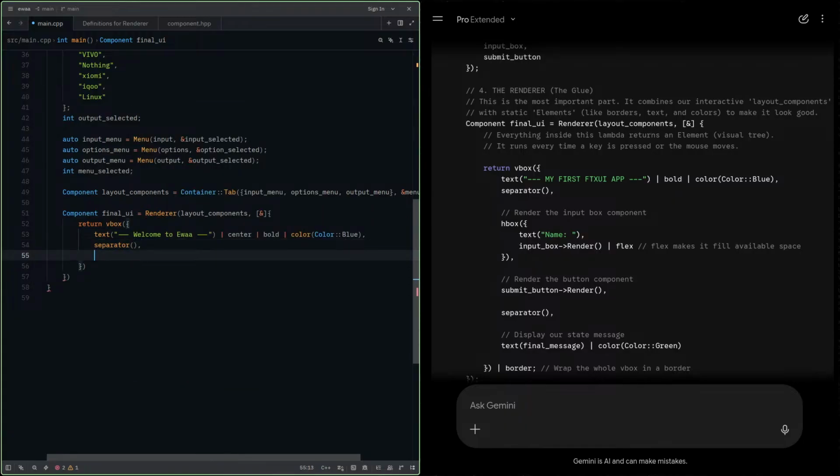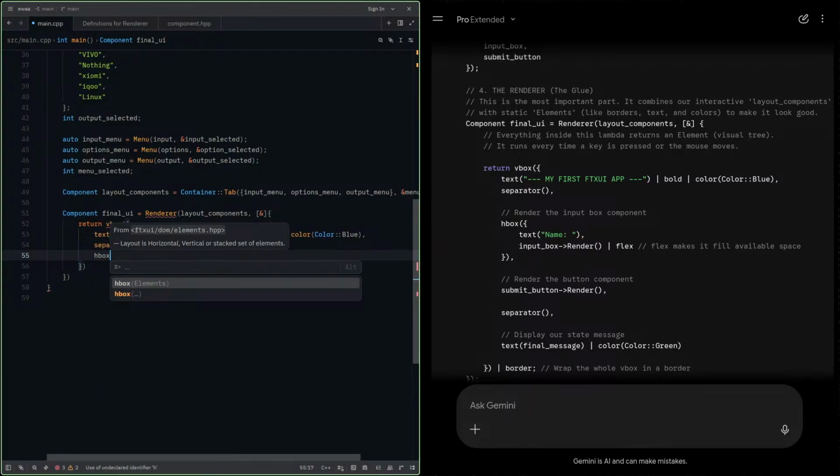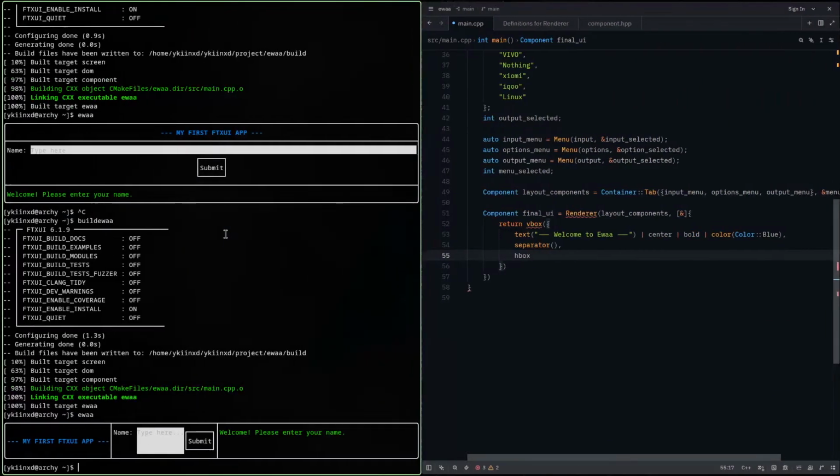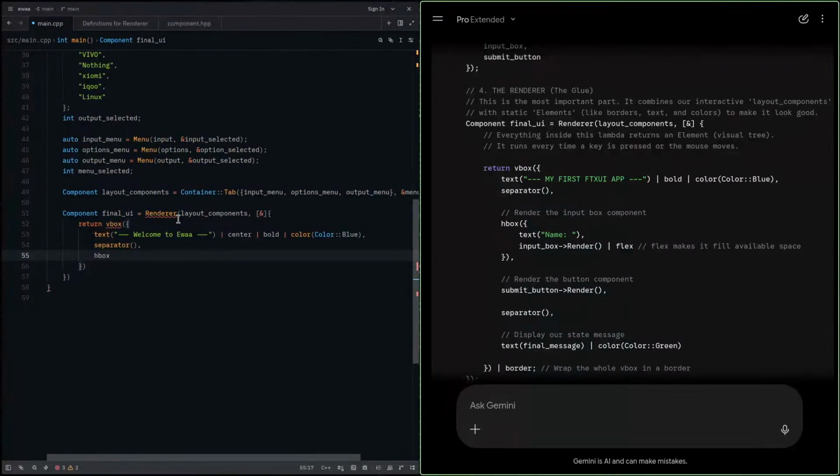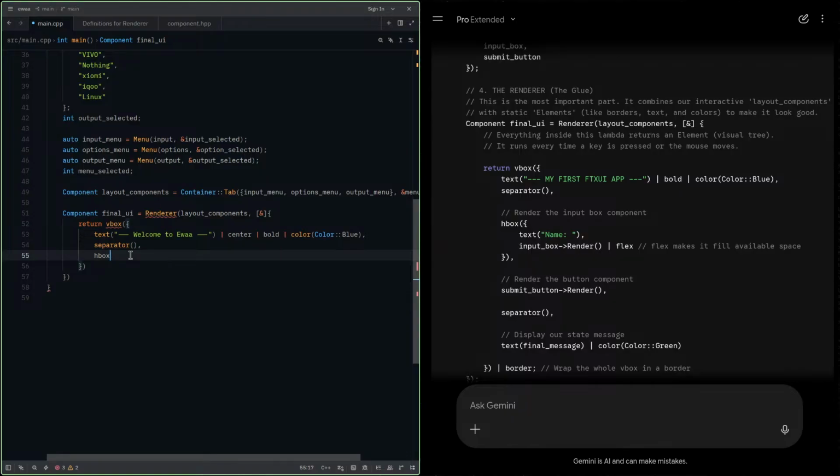After that, we're gonna create a horizontal box